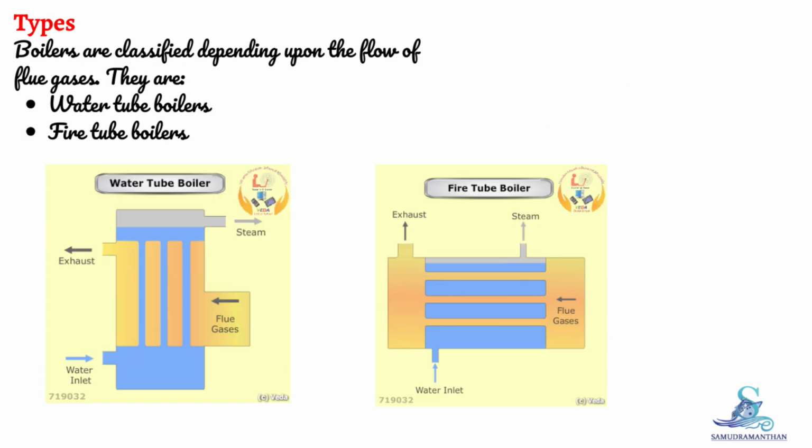Now we will discuss the types of boiler. Boilers are classified depending upon the flow of flue gases. They are water tube boilers, fire tube boilers,